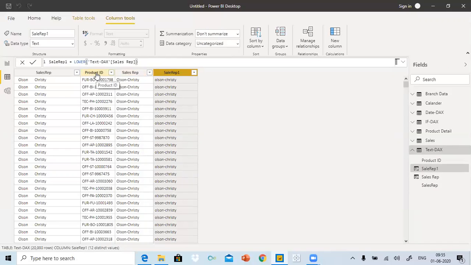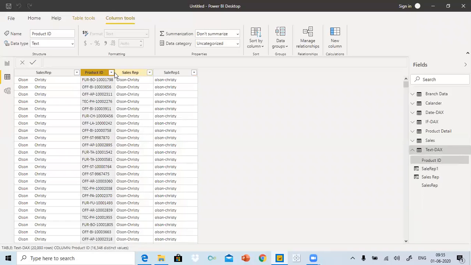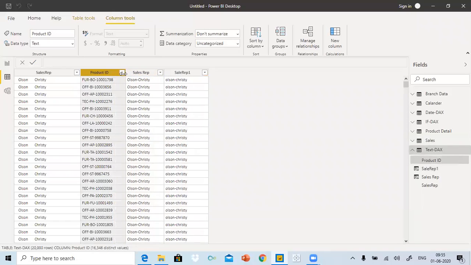Now guys, look at this product ID. This product ID is basically a combination of three things. The first letter represents the product's code, the second two represent the state, and the last digits represent the invoice number.